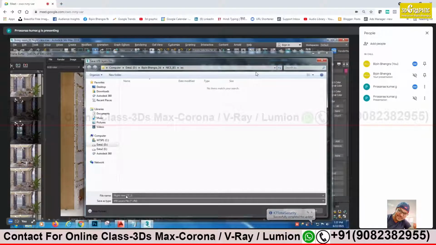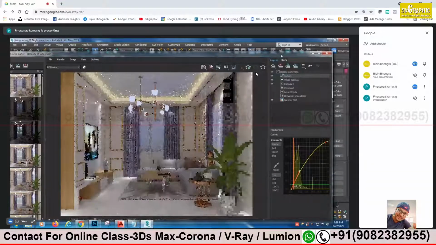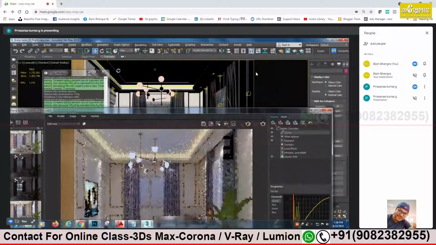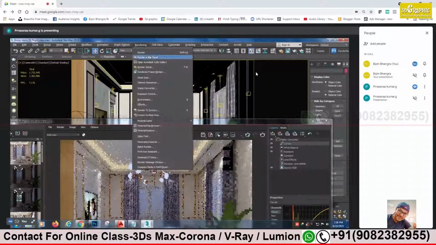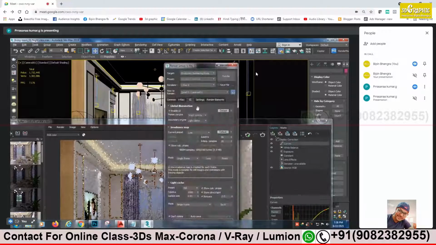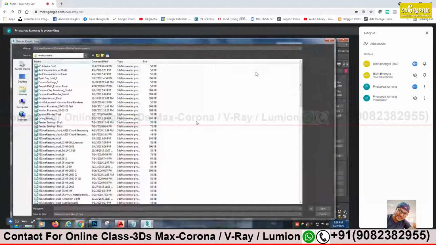Yes, enough. Then the render setting also we have to... Remember last time, sudden... Yes, sir. See, all this time we did very hard work on render settings and color, no? So it's better to save whatever we did before we go for something new. Before we apply something new, it's better to save whatever we have achieved so far.